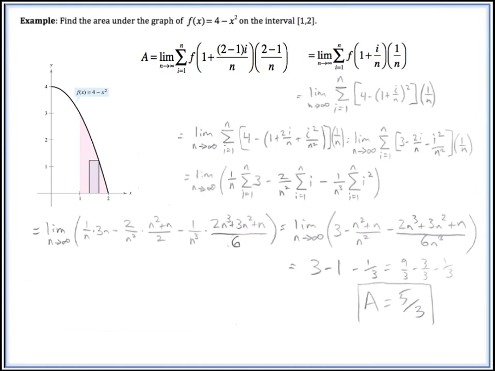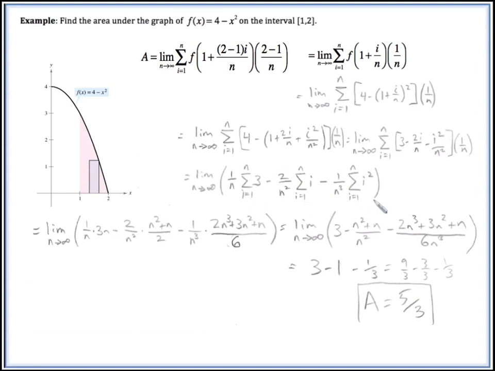All right, welcome back. Here I have my formula written out there. Here you can see I substituted in my 1 plus i over n into my function, 4 minus x squared. And I went ahead and squared that binomial in this step. In this step here, I just did the 4 minus the 1 right here. And here I showed a little bit more work than I did in the example. What I did is separated this out. I distributed the 1 over n, so all three terms,